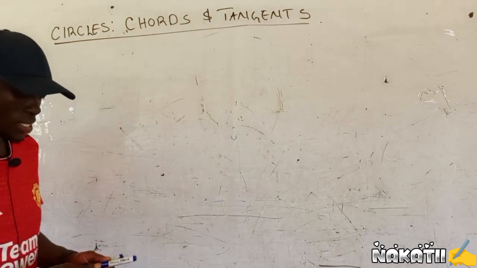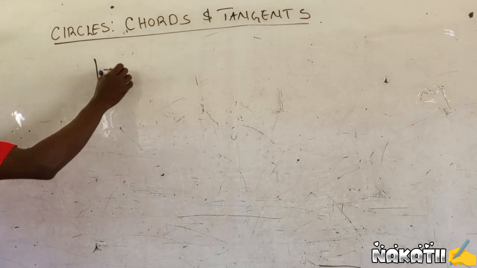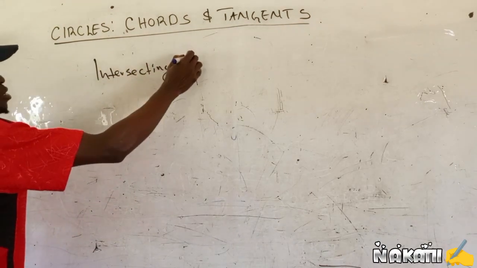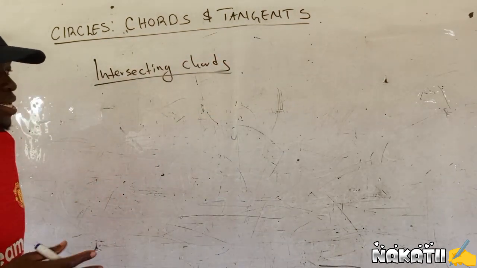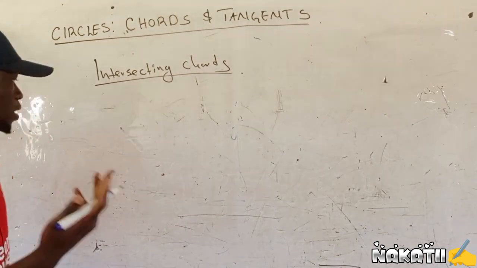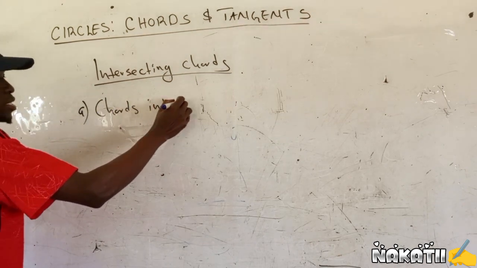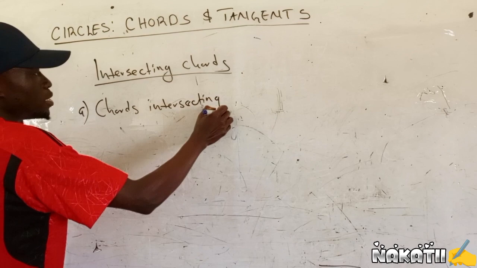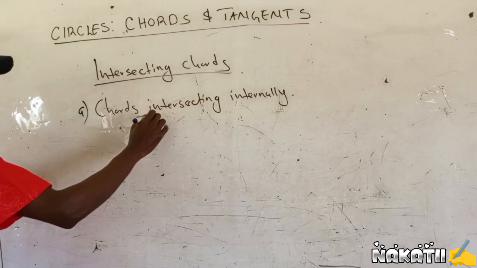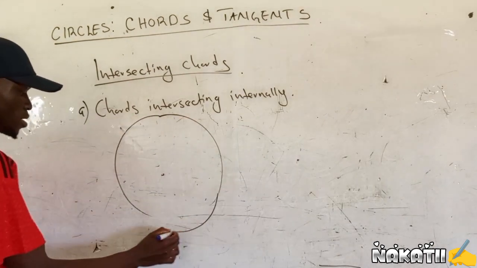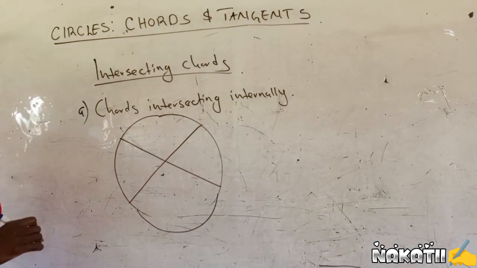We have intersecting chords. Now, chords can intersect internally or externally. Let's start with A. We have chords intersecting internally. Consider this diagram. If this is my circle, then I have two chords that are intersecting internally in a circle,